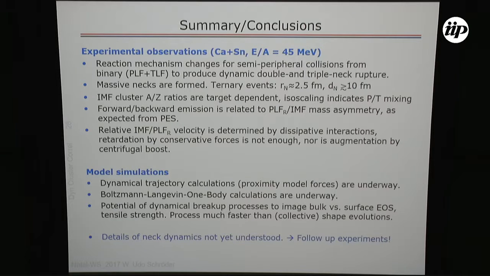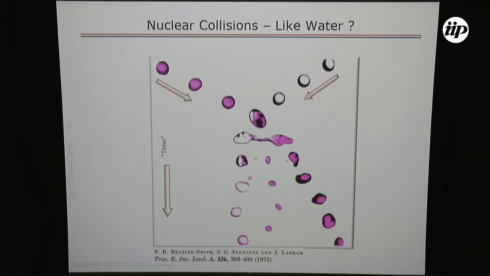The typical theories predict one snapping which is distributed at different positions on the neck, and so the mass distributions will be affected by it. But this complex distribution has not been discussed before, I think. So there are a number of simulations that we are looking into to understand this phenomenon, but a sort of surprising result of our measurements is that essentially this is what we observe in collisions between two nuclei, which was observed in collisions between two rows of water droplets which produce a neck, which then disintegrates into 2 or 3 particles,